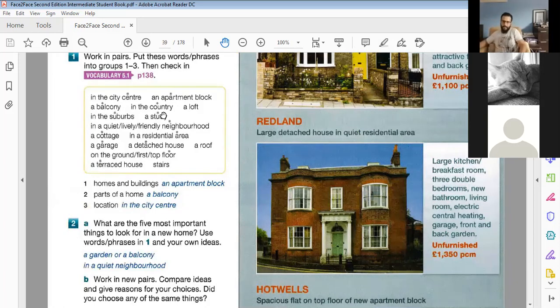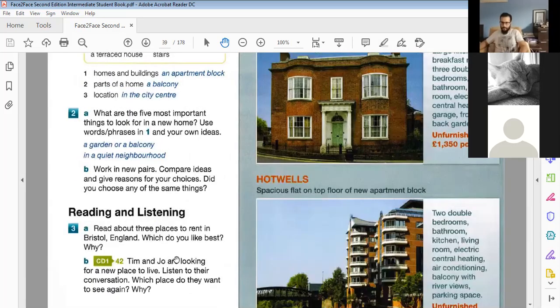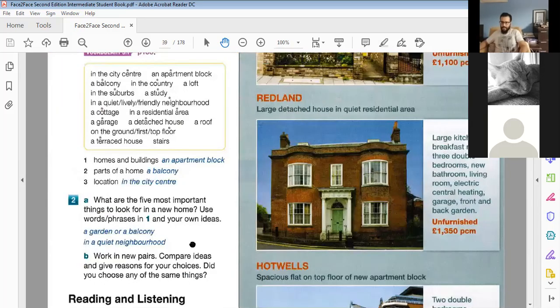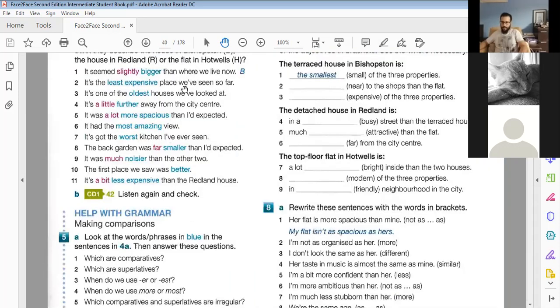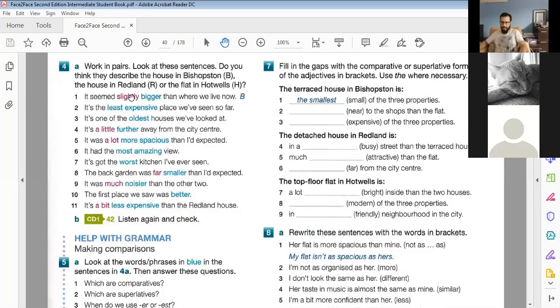Also, we talked about a residential area. So it's like the opposite of a commercial area. We talked about that. And we did some listening, and we saw how the couple, Tim and Joe, in the end, they decided to rent the terraced house for a number of reasons. And of course, we talked about comparisons, how to use these comparisons, and how the pink adverbs, slightly, a little,